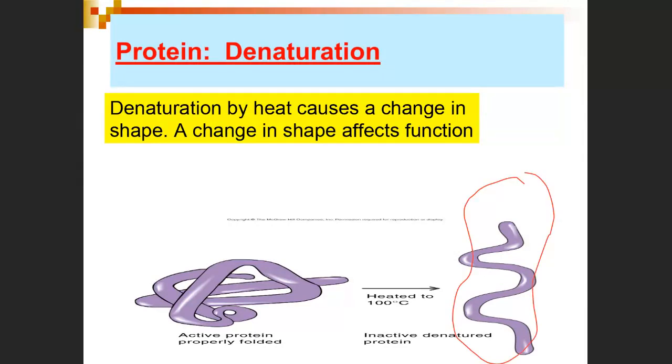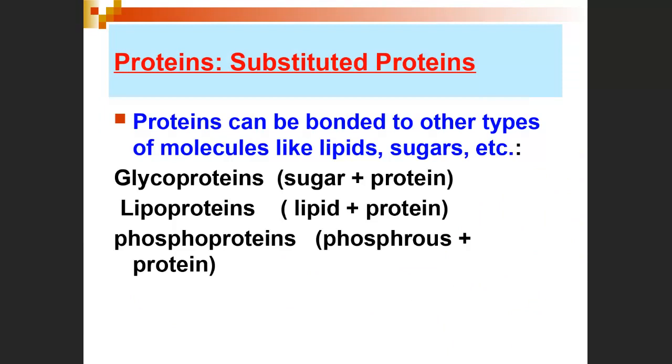Now, we could continue on with the extreme conditions and denature the protein all the way to the individual amino acids. That is absolutely possible, in which case there's no going back at that point. These could maybe be reversed if the conditions subside, but once you denature all the way to individual amino acids, there's no going back. So you should know what we mean by denaturation of proteins.